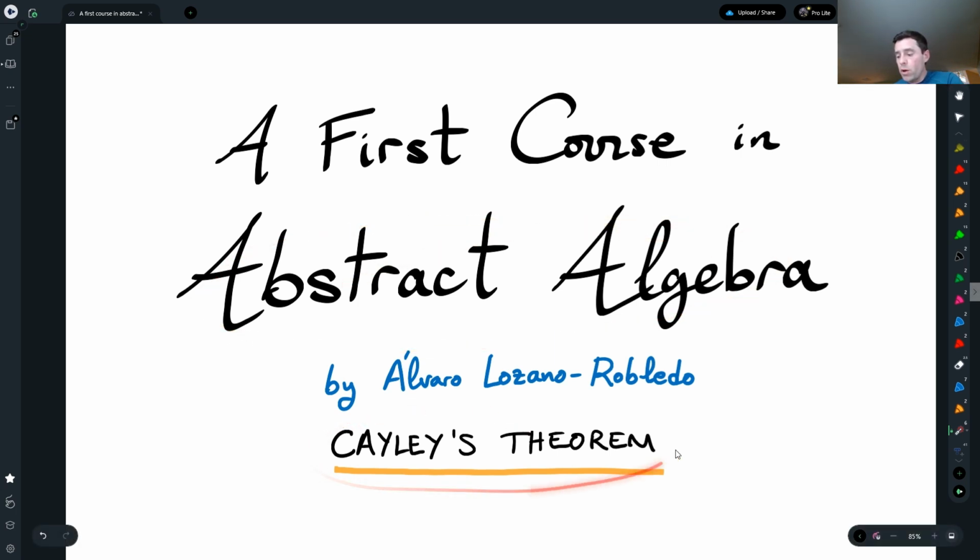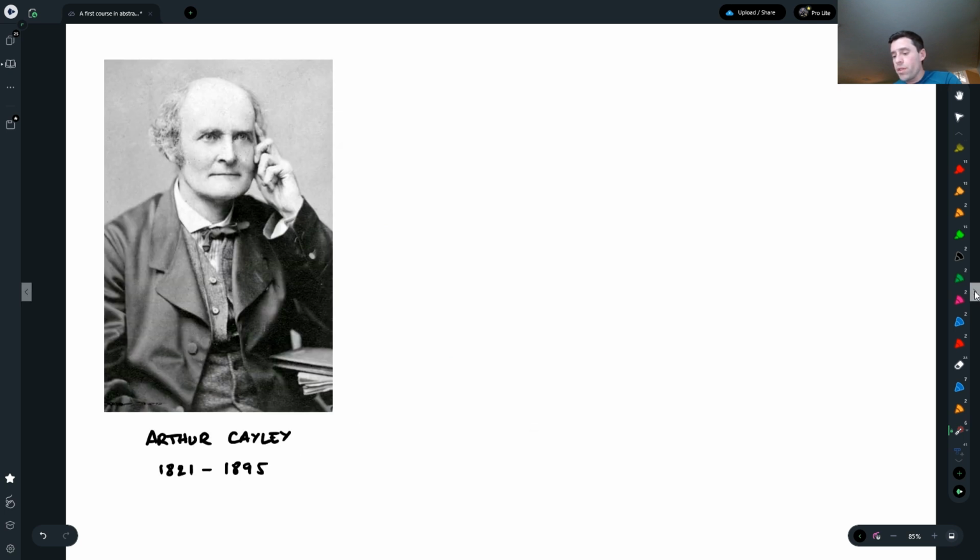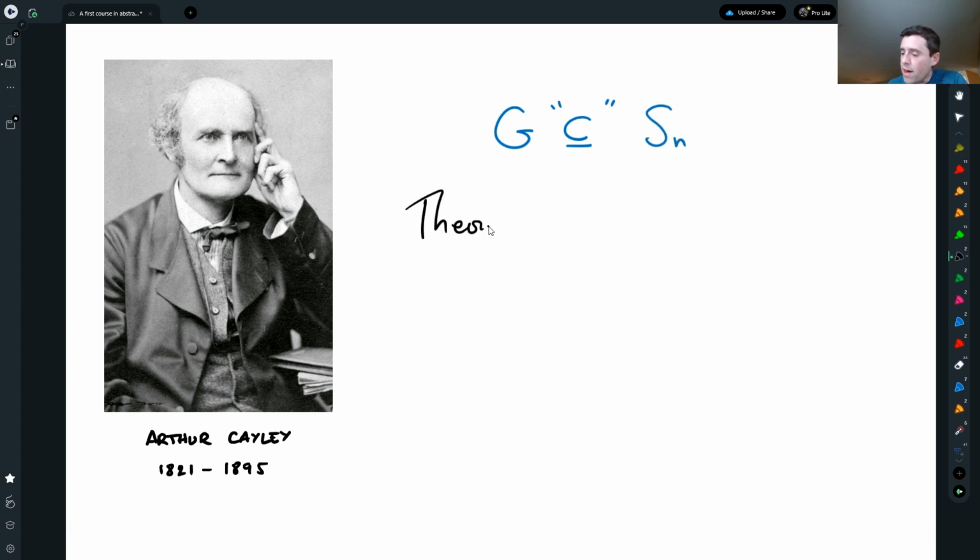Today we're going to talk about Cayley's theorem, a very important theorem by Arthur Cayley, a British mathematician. It is important because it justifies the statement that permutation groups are very important. What I mentioned is that if G is a finite group, then G is going to be found as a subgroup of some permutation group. So that is precisely the theorem we want to prove today, that every